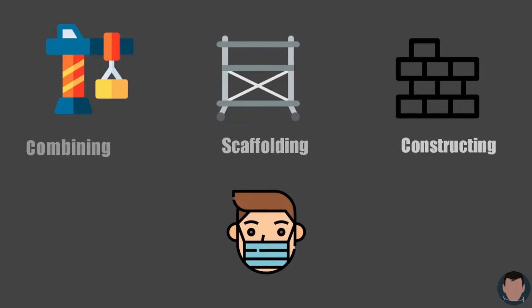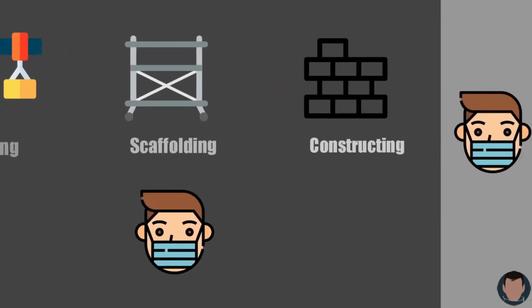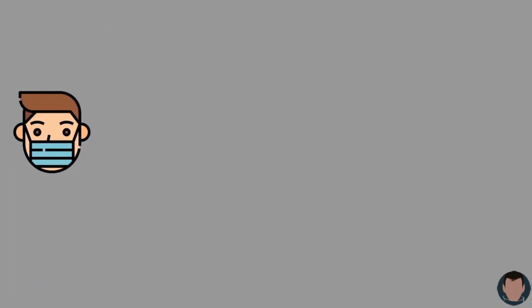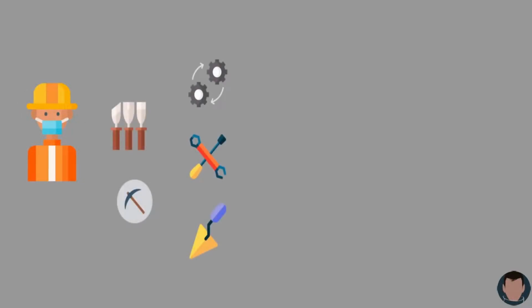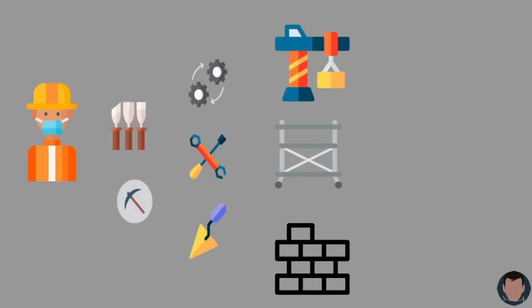In the second case, that is scaffolding, you manage to pull out all the ropes over the construction site to build the outer infrastructure. And in the final step, you construct the inner infrastructure of the site. Now, it's the show day. You reach a construction site along with your toolbox, remembering all the processes that you have learned.